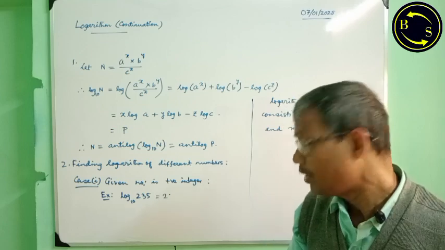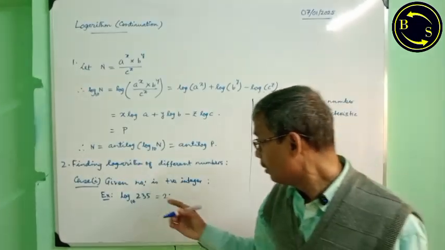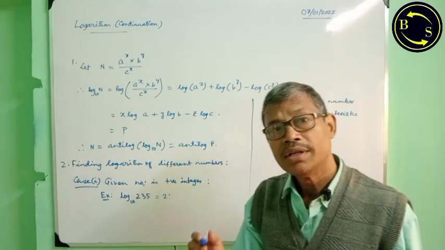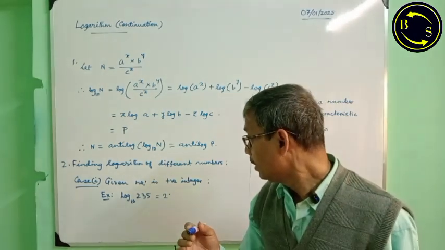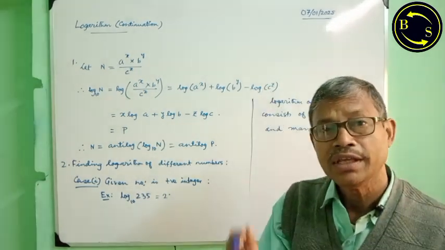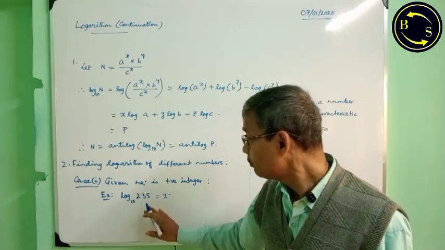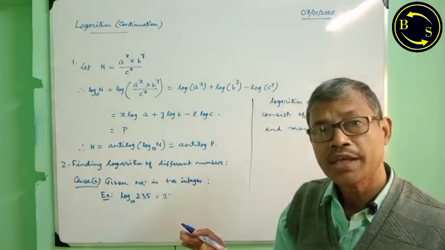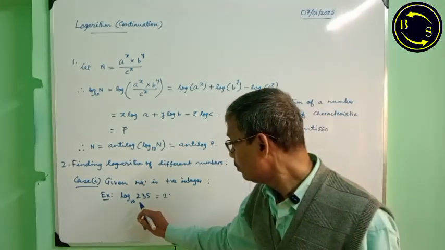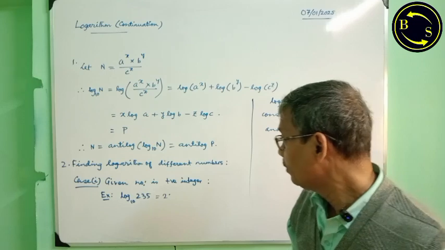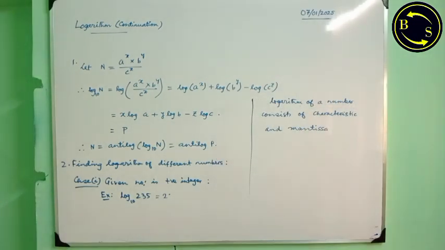Then for 5, the column headed with 5 and along the row headed by 23, from that log table,